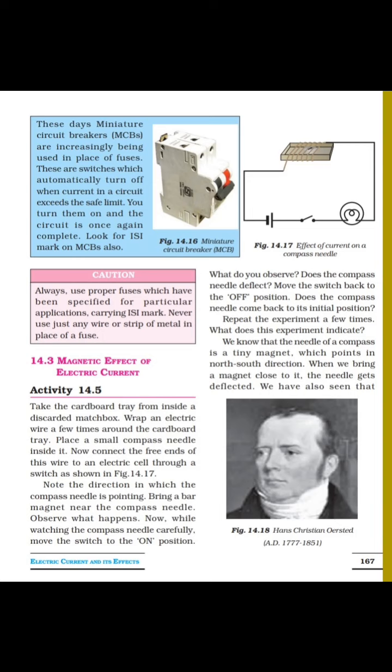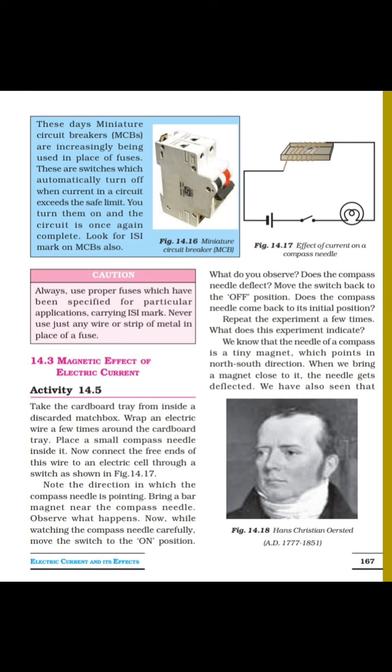Good morning students. Our chapter number 14, electric current and its effects, is going on. In the first three periods we learned which electric symbol is given for which electric component, the definition of a battery and how it was prepared. Then we learned about open circuit and closed circuit, and the heating effect of electric current. In that we learned how the heating effect is useful and harmful to us. Then we learned the use of electric fuse and MCBs.